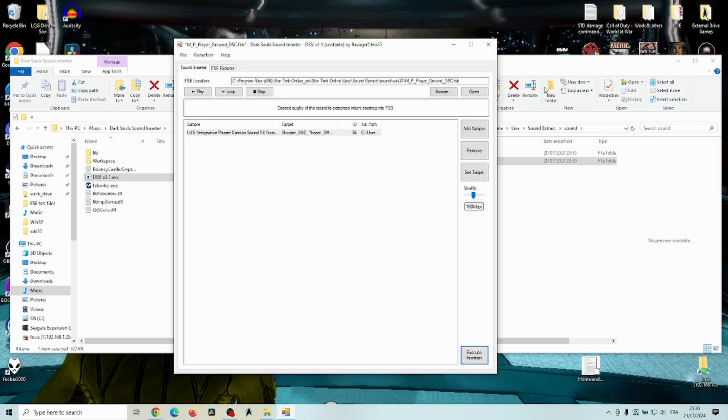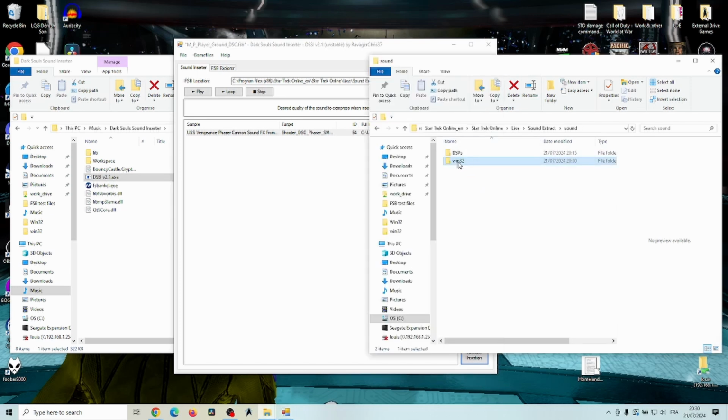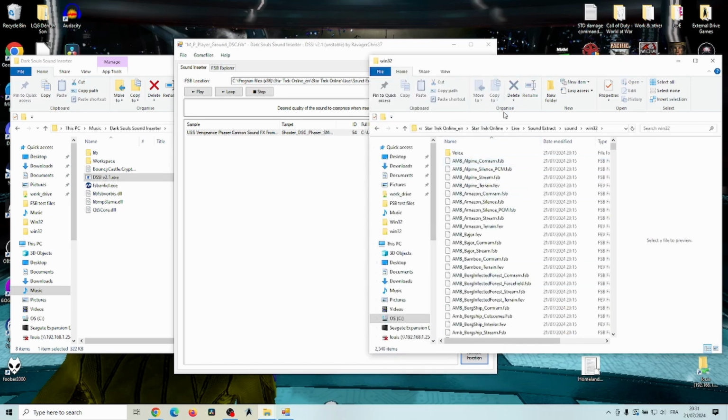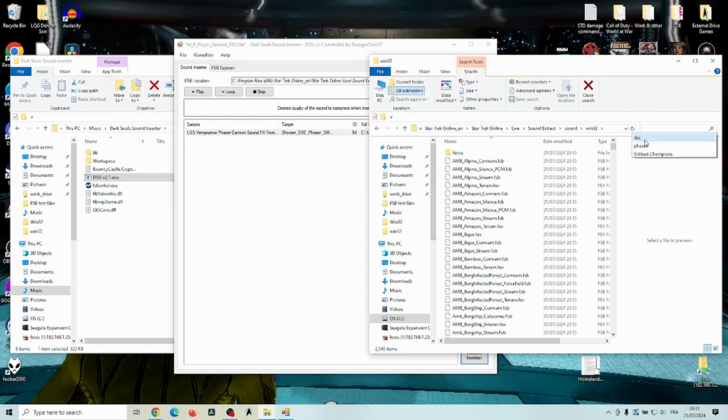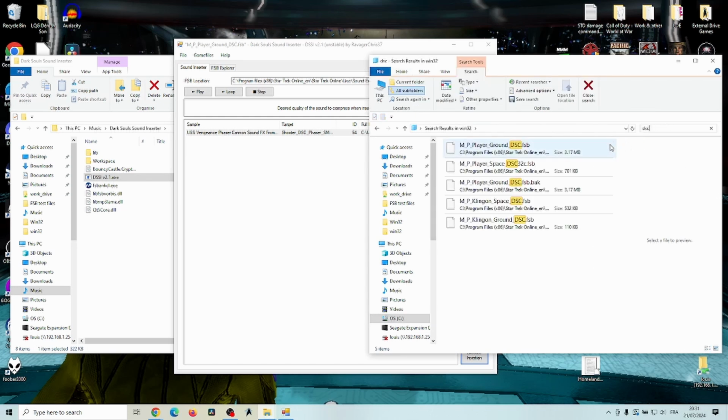Insertion complete. So now, if I come into my Windows, into where all my FSB files are, there should be a new FSB file with the name Discovery. It should be called, yeah, Discovery FSB. The one here that's called fsb.back is a backup file. This is the original, and this one here is the modified version. You now need to copy this and simply put that into your Star Trek Online game directory. So I'm going to click Control-C, and so now I just come back out,